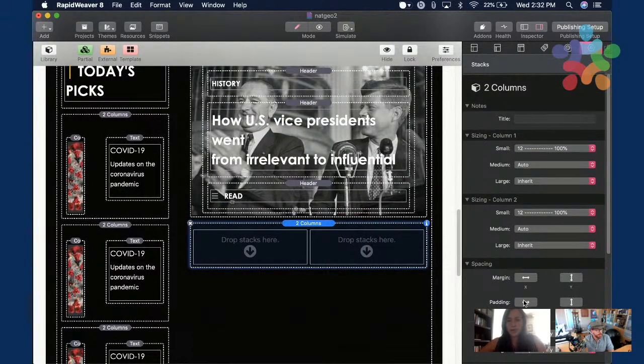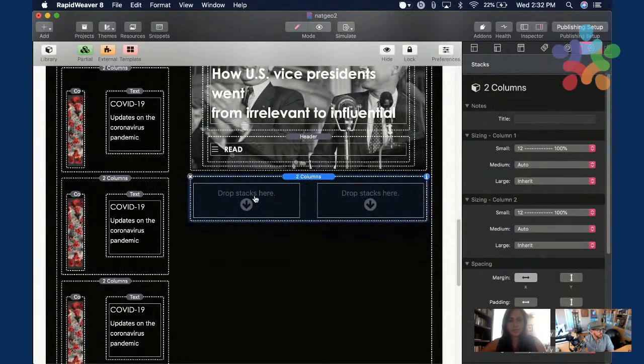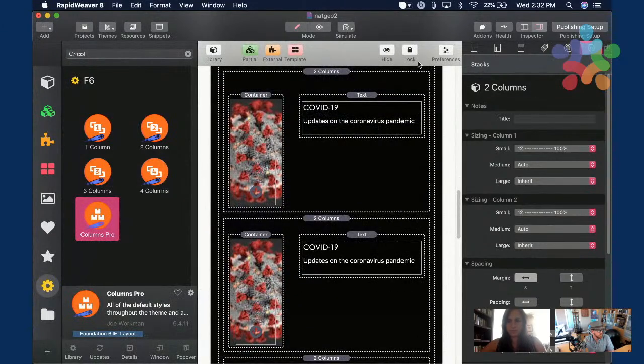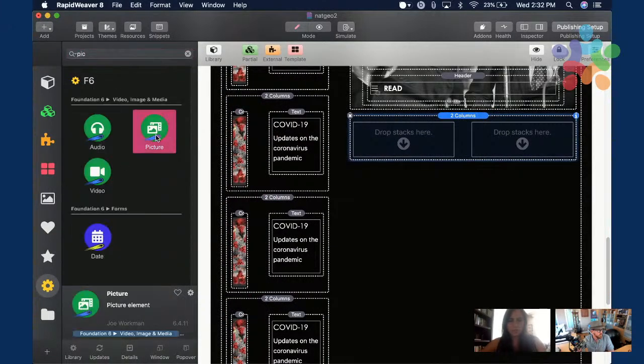So now I'm gonna add the padding. No, the margin. And now I will add a picture, a picture for the elephant.